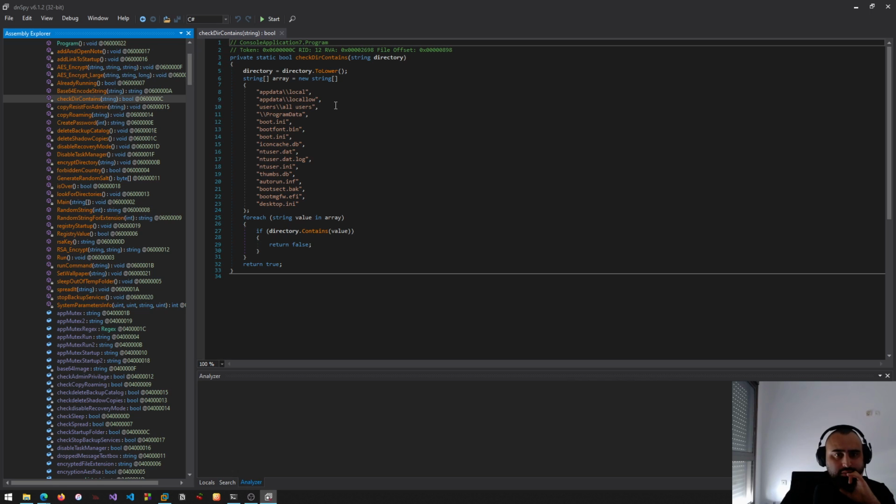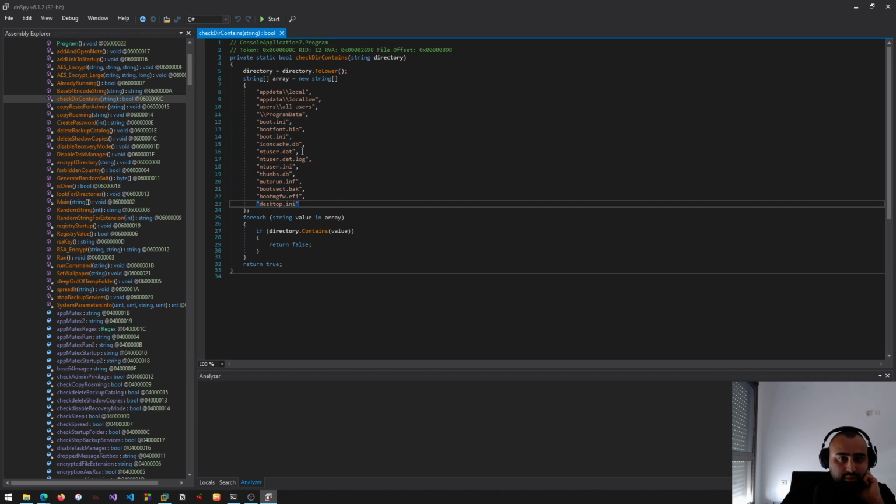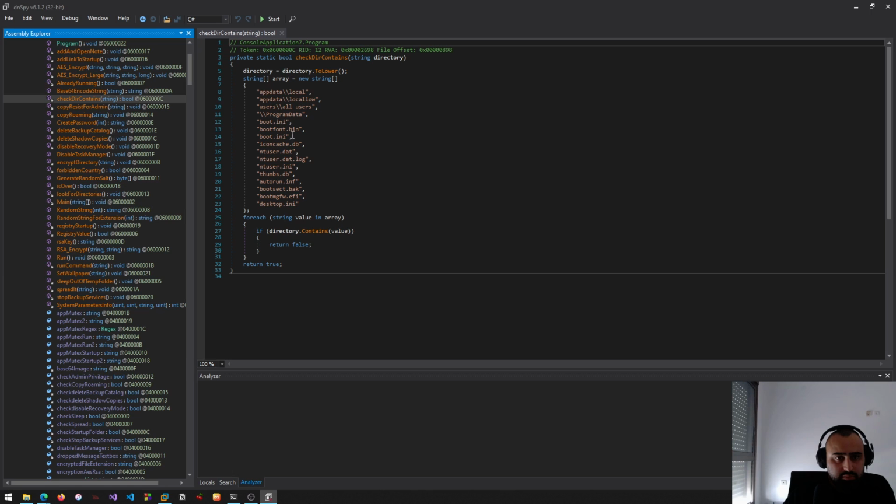So, check directories for its string value. Okay, so it checks for those user and user that, which is basically one of the registry keys loaded into the registry when the computer is loaded. For some reason, it checks for those files also. So if directory contains value, for each value in array,